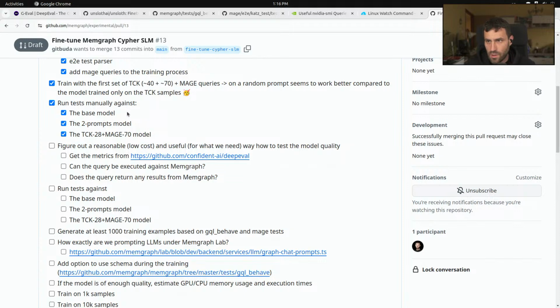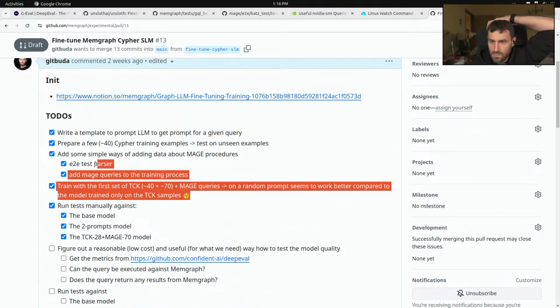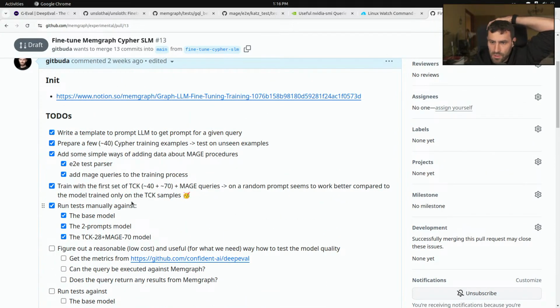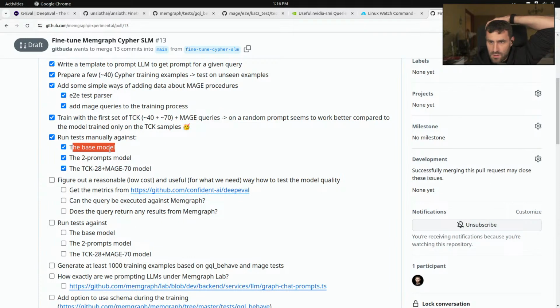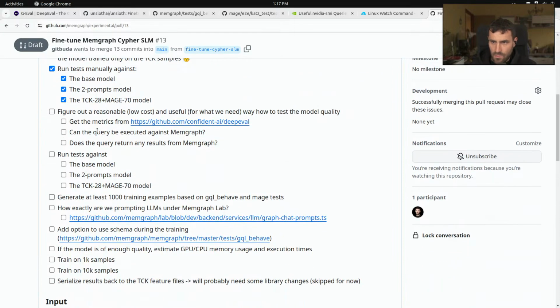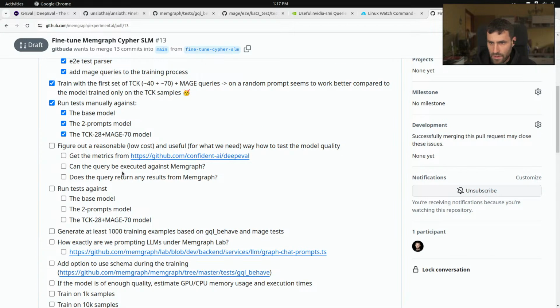So far I just reran all the steps here with training the model. Basically I have the whole setup so that I can run the base model and the two prompts model. This is just an overfit model based on two example Cypher queries, and then there is the third one which has like 100 training samples. I trained all of them multiple times and saved the models locally, so basically I'm getting the infrastructure running on that side. And now the next step is to figure out how to actually evaluate these models,